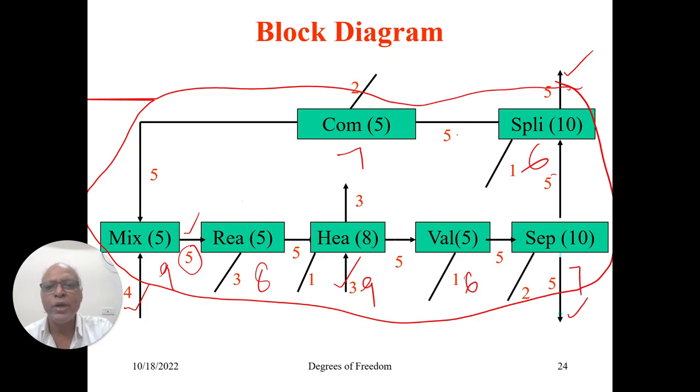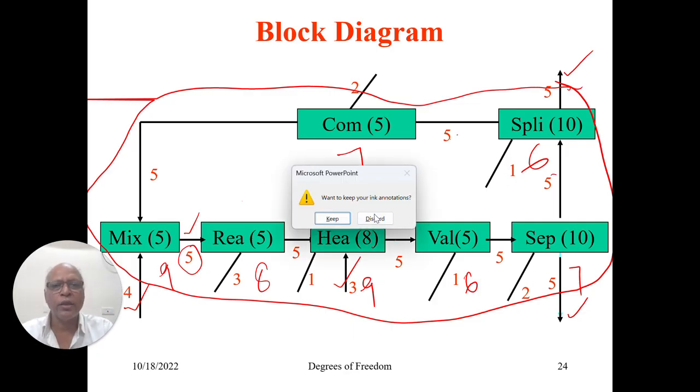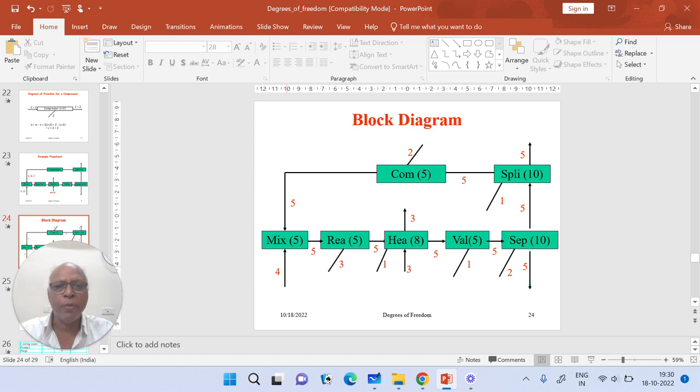So the intermediate streams, in this approach, are going to be repeated while calculating the degrees of freedom by adding up the degrees of freedom for each unit. So instead of this, let us go by the same example. D is defined as m minus n. We already saw n is equal to 48. Now we can think of calculating m by identifying all the variables.